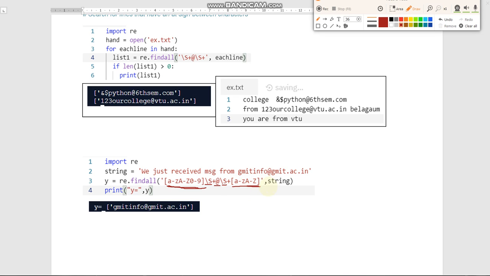So in this string we have to search for this pattern. The find all function will search for the data which is matching with this pattern, and that data is returned to y, and we are going to print the y. See here, gmit.info.at ac.in. This data is matching with this pattern. Before the at symbol we don't have any space, and the characters are there. After the at symbol we have the characters. So here we are getting this output.